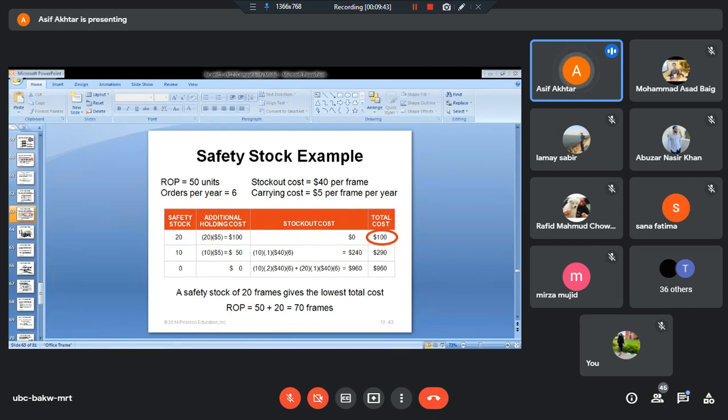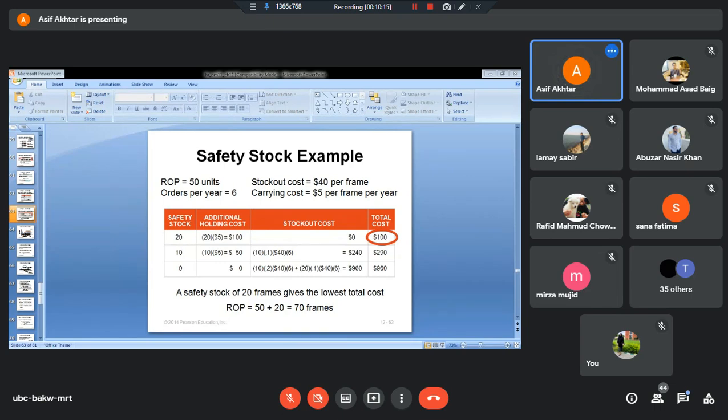मैं उम्मीद करता हूँ आप कंसेप्चुअली आरओपी को समझ चुके हैं अब तक. आरओपी वो क्वांटिटी होती है जहां पर हमें ऑर्डर प्लेस करना होता है. जब हम कहीं काम करना शुरू करते हैं तो हमारे पास इन्वेंटरी का एक लेवल होता है. जैसे जैसे हम काम करते हैं एनर्जी कंज्यूम होती है, राइट. and we have to place the order. अब हम इन्वेंट्री के जीरो होने का वेट नहीं करते, बल्कि हम एक पॉइंट पर उसको ऑर्डर को प्लेस करते हैं और वही पॉइंट कहलाता है रीऑर्डर पॉइंट.